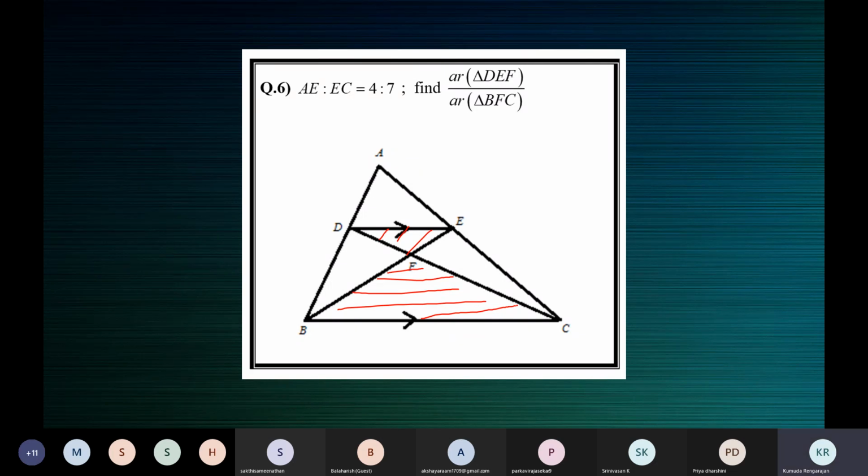You cannot actually find their areas to find the ratio. Supposing you have the base and height values, then you can find the areas. So the area of the small triangle is say 30 centimeters square and the big triangle is say 100 centimeters square, for example. 30 centimeters square by 100 centimeters square, so 3 by 10 is the ratio. Here you cannot find the areas, so let's use area theorem to compare their areas. To use area theorem, the triangles have to be similar. So let us prove that the triangles are similar.